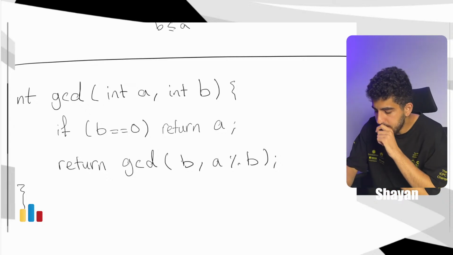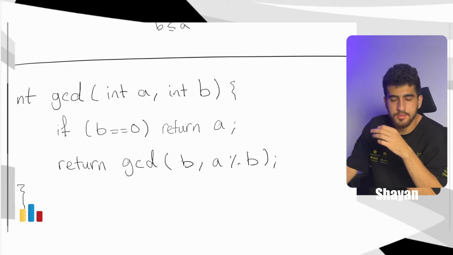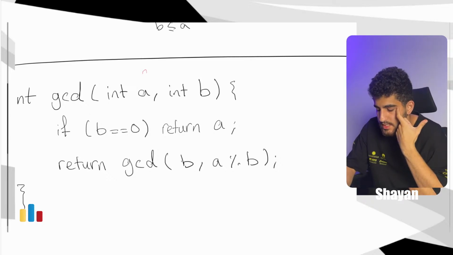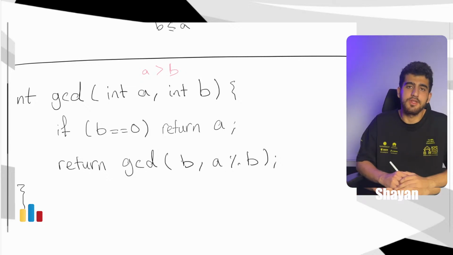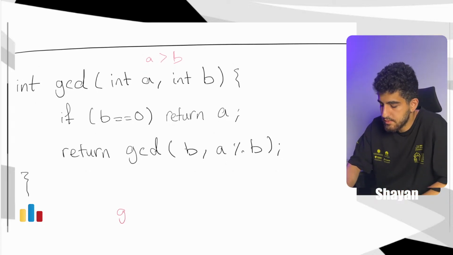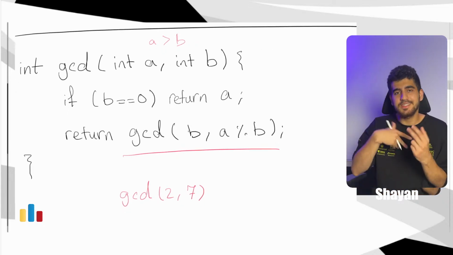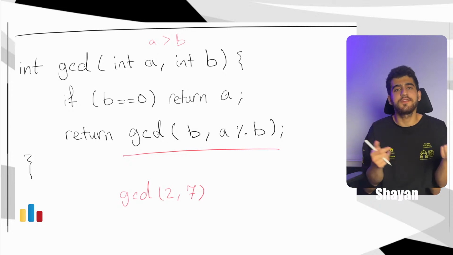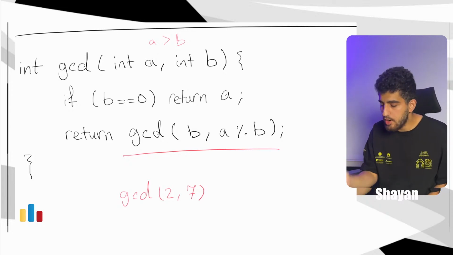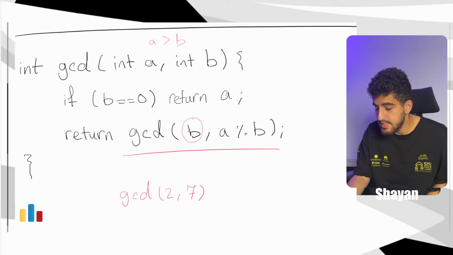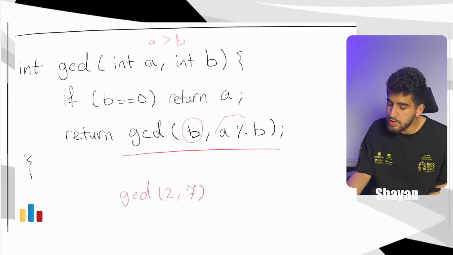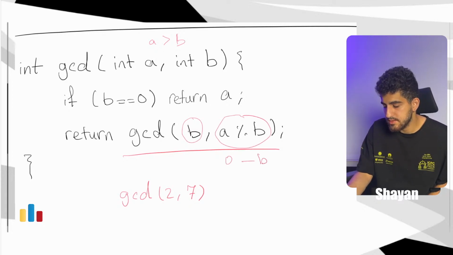And the point is that maybe at the beginning a is not greater than or equal to b. I'm trying to assume that the first number is greater than or equal to the second number, even greater than the second number. At the beginning it doesn't have to be like that. I mean, at the beginning you can call GCD of, for example, 2 and 7, and a is less than b. That's okay. But the point is that if you see here, from the second step forward, always the first number is greater than the second number. Because always when you call GCD, the first number is some b, the second number is some number modulo b, which is from 0 to b minus 1.